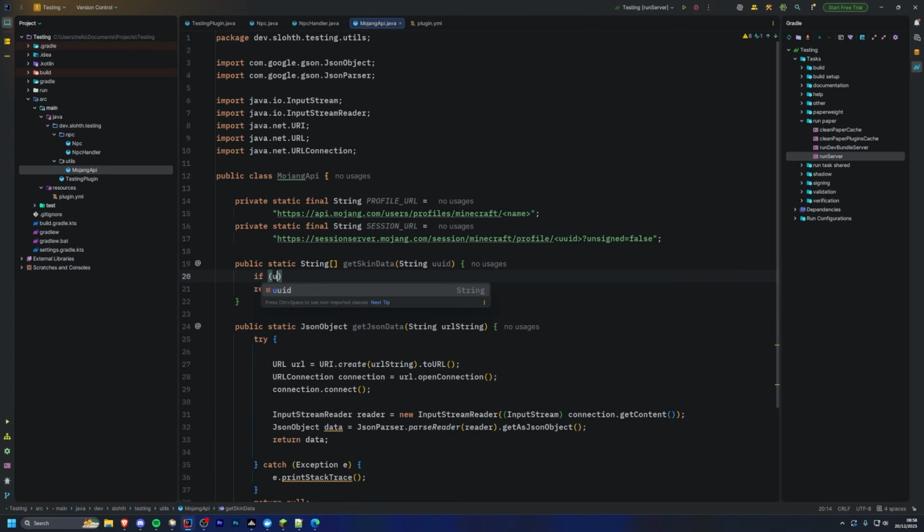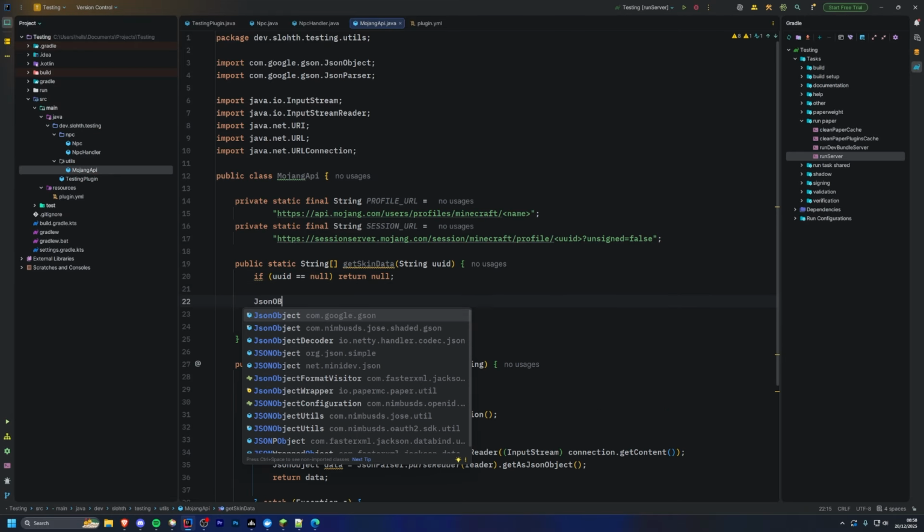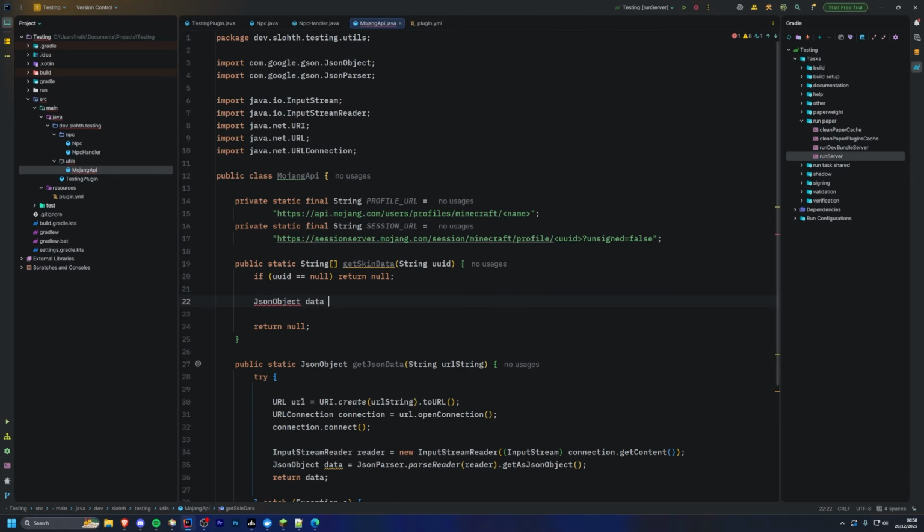I'll do a null check for UUID as well, so if UUID is null, then I'm just going to return null. Otherwise, we're going to get our JSON object data is getJSONData, and then we can put our session URL in here like this. But we need to replace this UUID with our UUID. So replace UUID